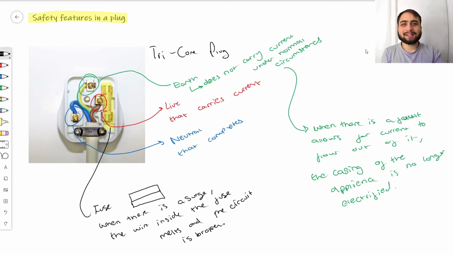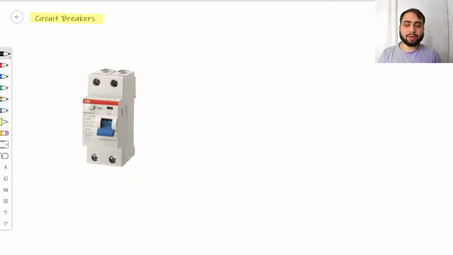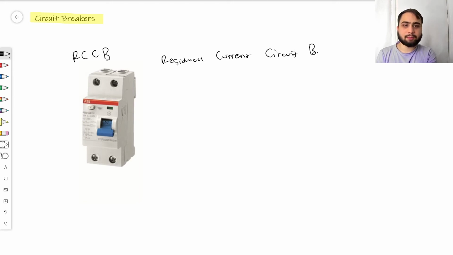Now you understand the safety features present in a UK plug. Now, another type of safety feature present in UK home electrical boards is called a circuit breaker. Specifically, this is called an RCCB, a residual current circuit breaker. Now, all you need to understand about these is that these residual current circuit breakers are faster